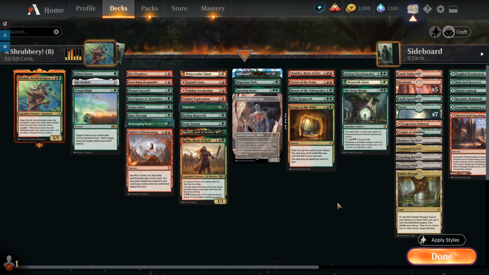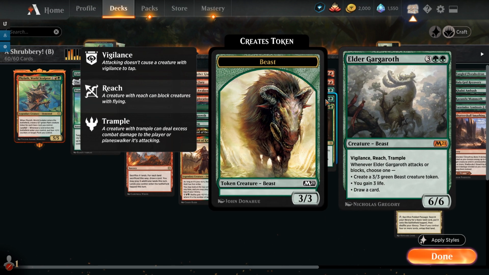It's a lot. We also have Great Henge, big mythics like Elgar Gargaroth, one of my favourite M21 cards, actually, because I don't know. It's just nice and simple. This is what I want Standard to be. I want this to be the best card in Standard. That's the power level I'm aiming for. Vigilance, Reach, and Trample. Whenever it attacks or blocks, you make a green beast creature token, gain 3 life, or